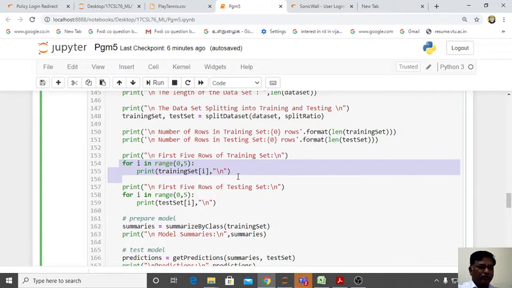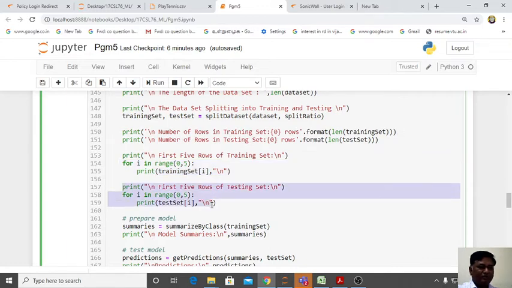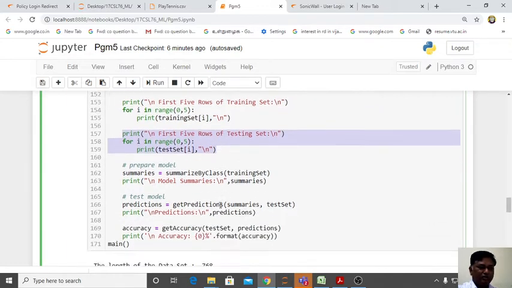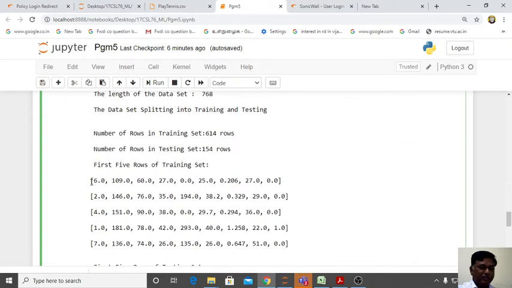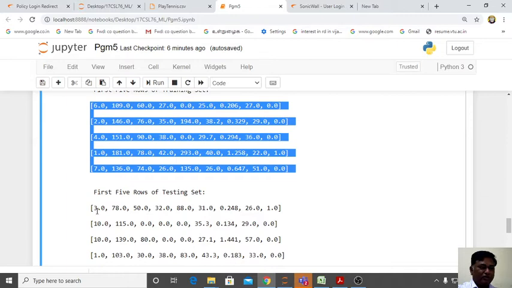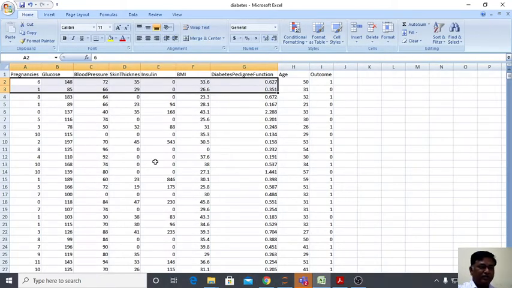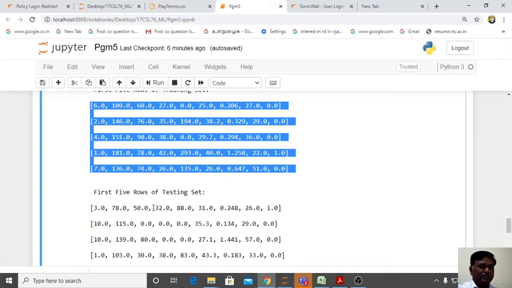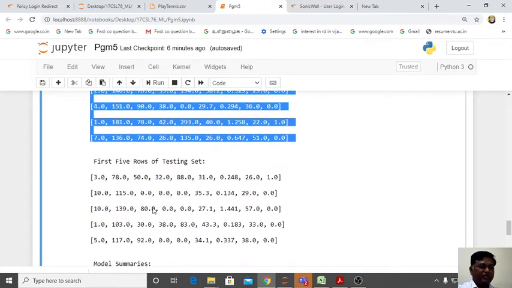These two for loops are giving some sample data of your training data and test data. So you see the training data sample and test data. This is what we have seen in the file. See, this is the file. From this file, some sample data, all are numerical data. These are the training data and test data.